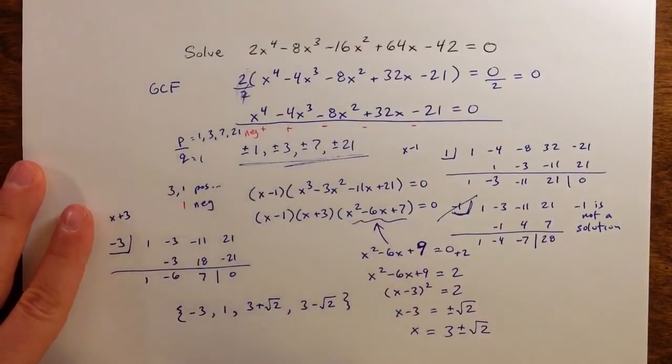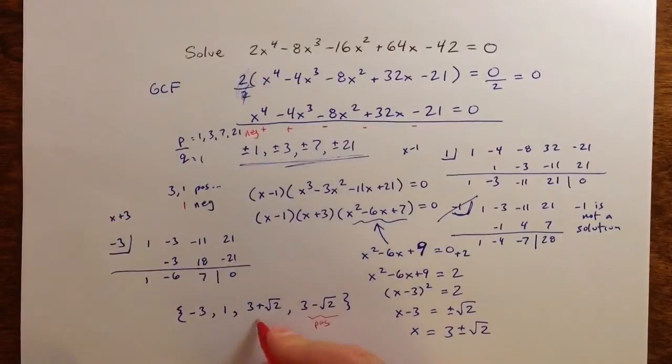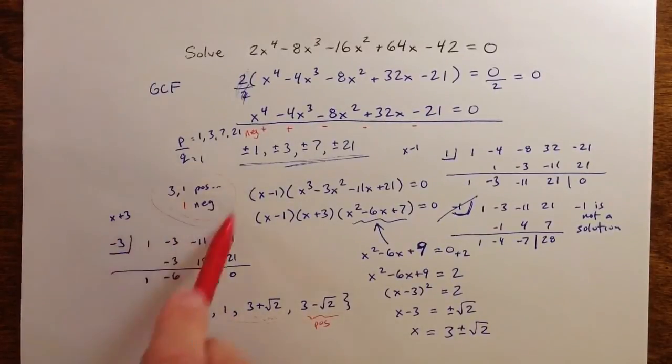And if you think about what the square root of 2 represents, it's the number that if I square it, I get 2. That number as a decimal is like 1.414, and so on. And so it's smaller than 3, so subtracting it, this is going to be a positive solution. This is also positive, of course, because I'm adding the 2 values. So I have 3 positive solutions and 1 negative solution. And so that agrees with what we would expect from Descartes' rule of signs. We end up with 3